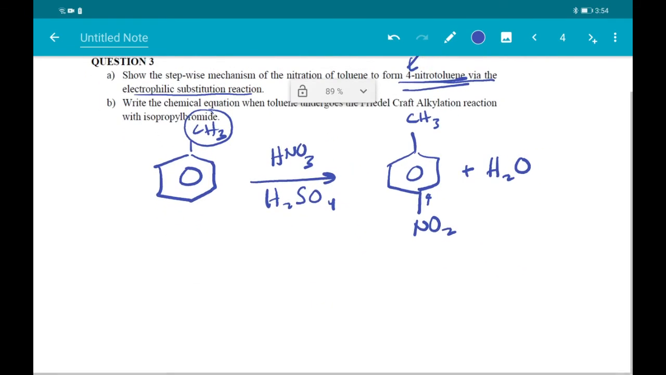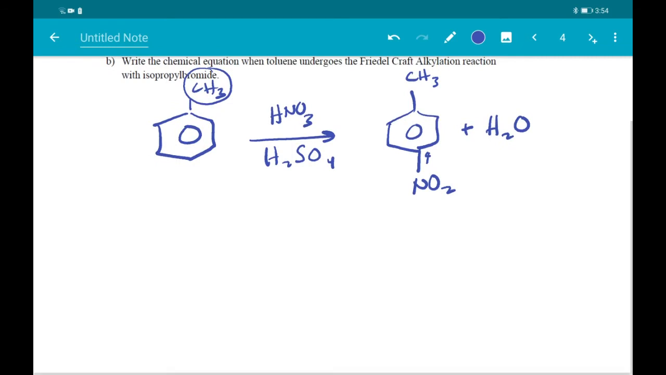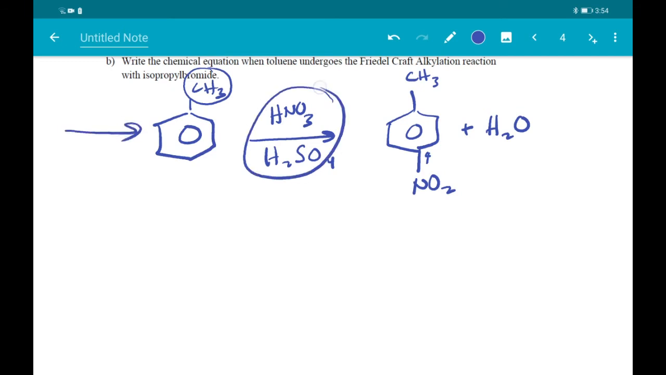So let's take a look at how we write down the mechanism for this reaction. Again, I would like to remind that for this question, we're going to start off from toluene and show the nitration process, meaning that you cannot use unsubstituted benzene. We're going to use toluene as our benzene derivative. So the first step is,